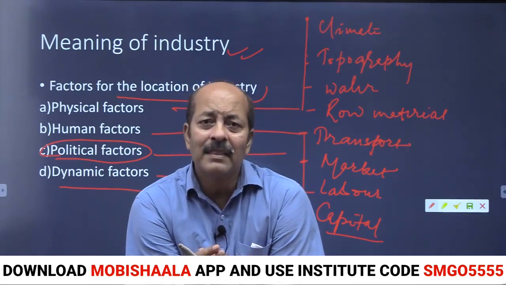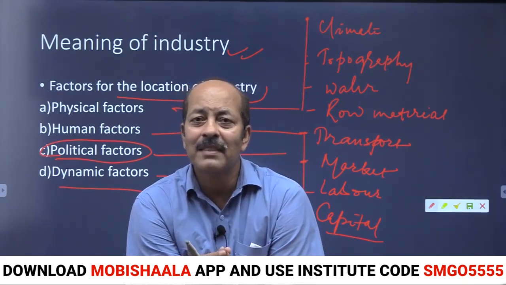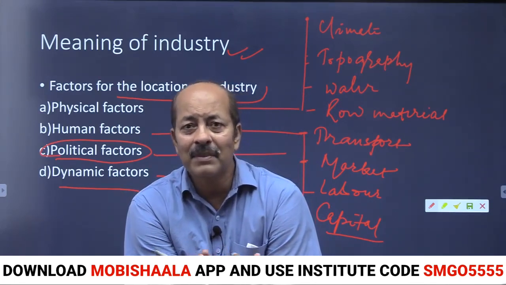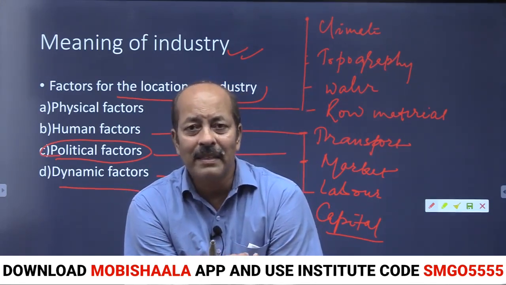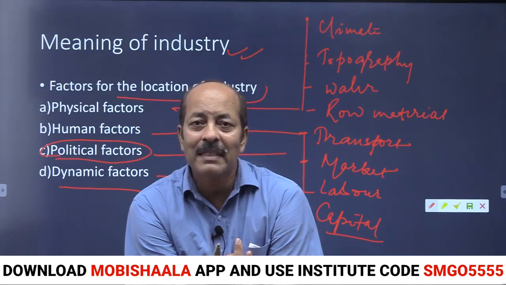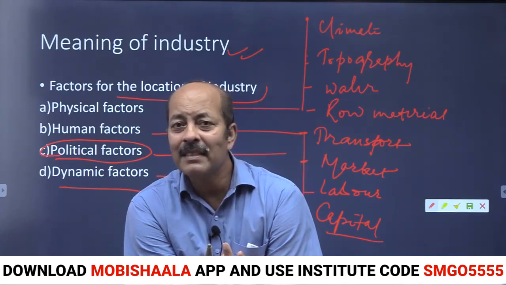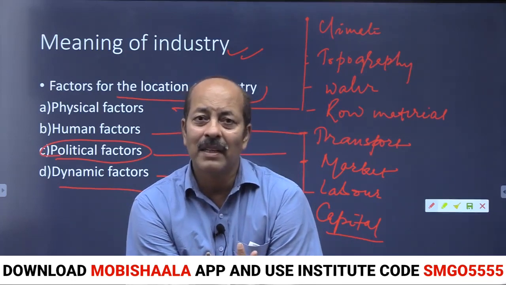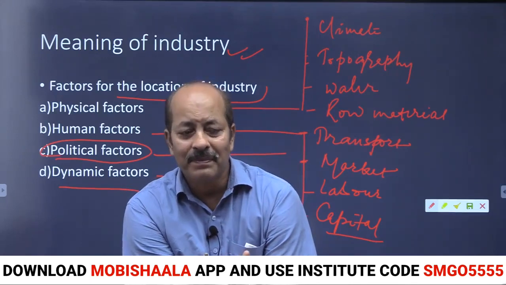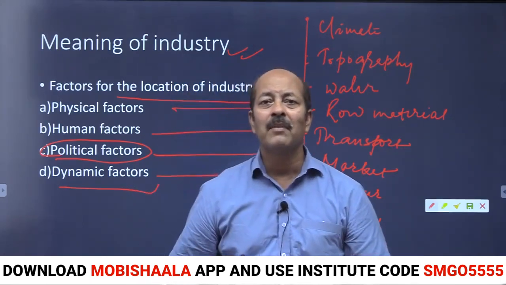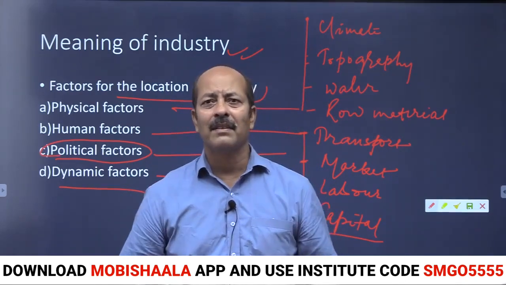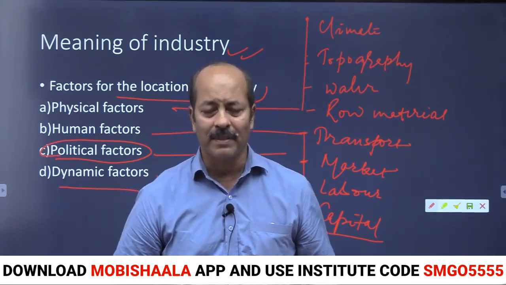In earlier days, industries were established in America and Western Europe. After 1991 or the 90s, you will find that there is a different wave, the shifting of industrial area. Nowadays you find the shifting of industry from North America to Brazil and South America. The same is happening in the Asian region also. They are promoting industry localization in developing countries in Africa, Asia and Southeast Asia. So it is a dynamic factor by WTO and international rules, international policy. Industries are located in different parts of the world.